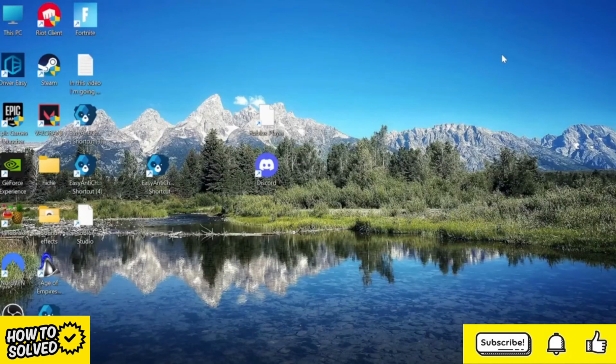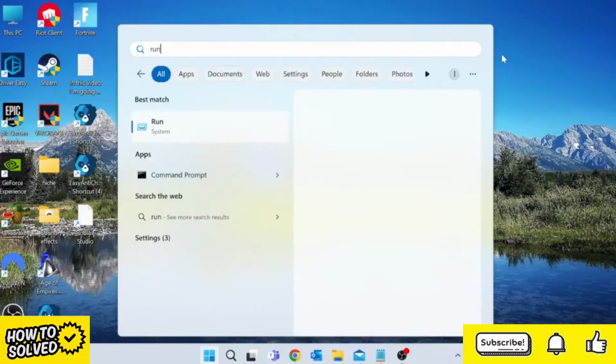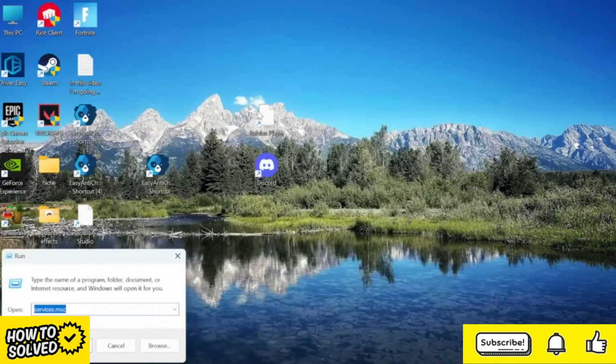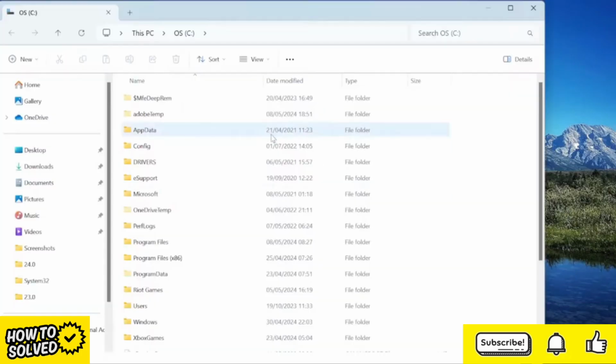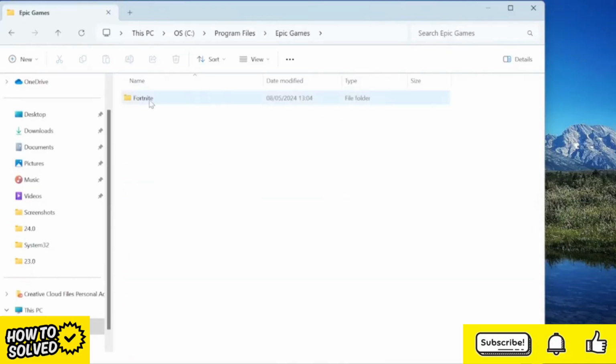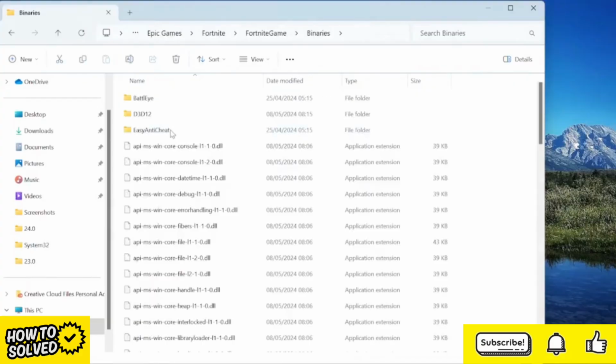First thing we need to do is come to our start menu and search for Run, then tap the Run icon, and you want to type in C followed by a colon and then hit enter. This should bring up your C drive, and inside of here you need to look for a folder called Program Files. Double click that. Inside of Epic Games, under Fortnite, FortniteGame, Binaries, Win64, and we want to come into